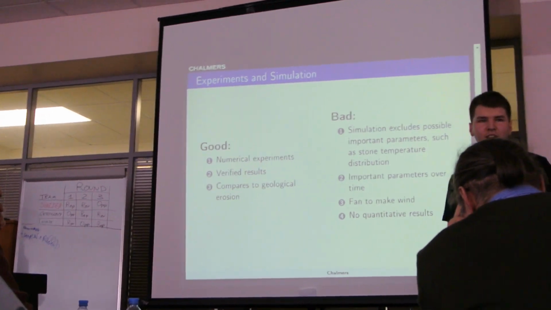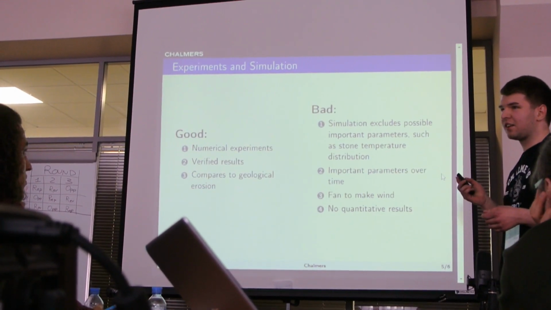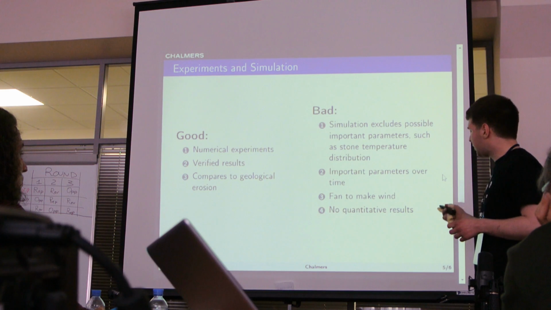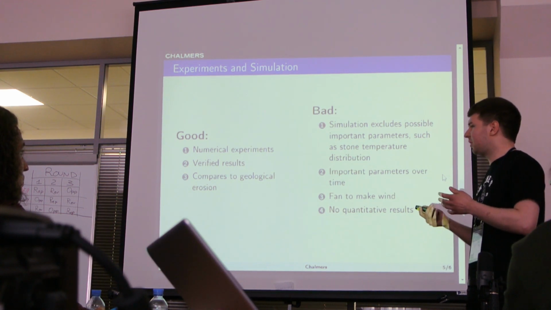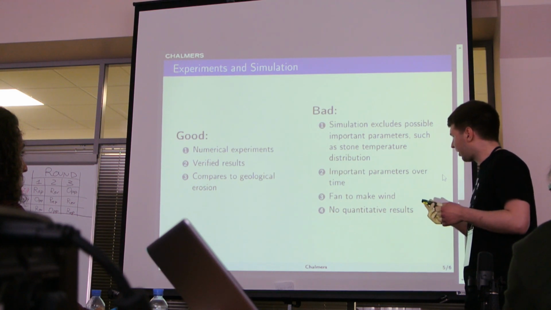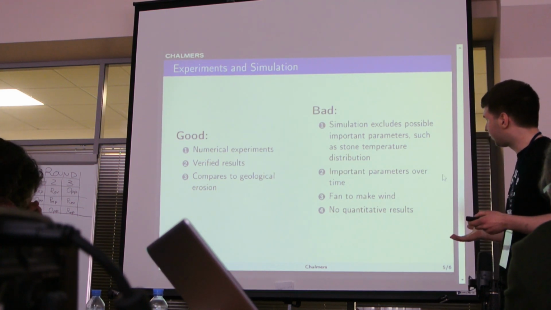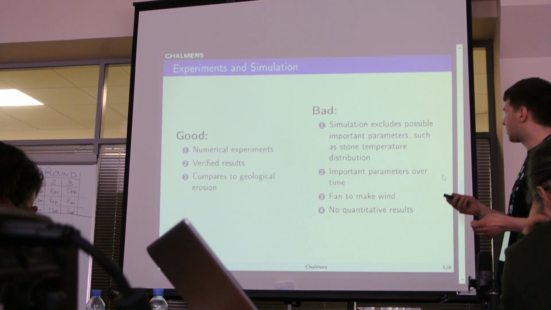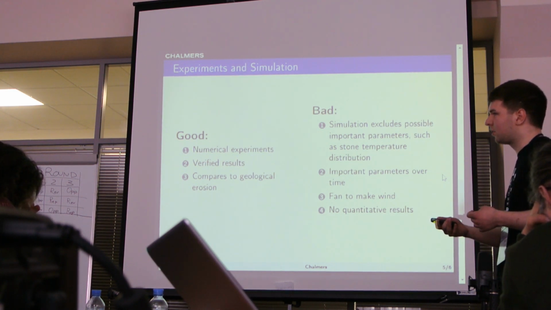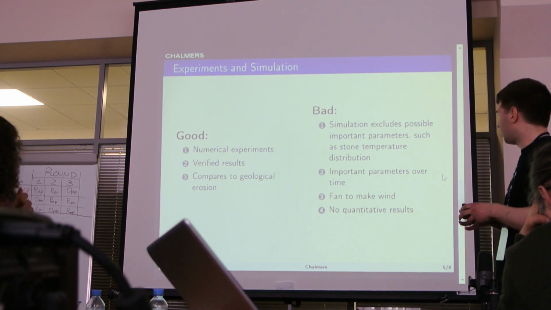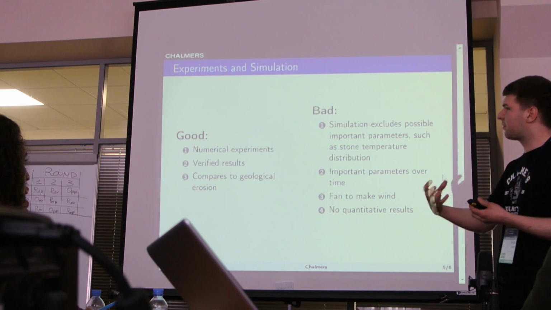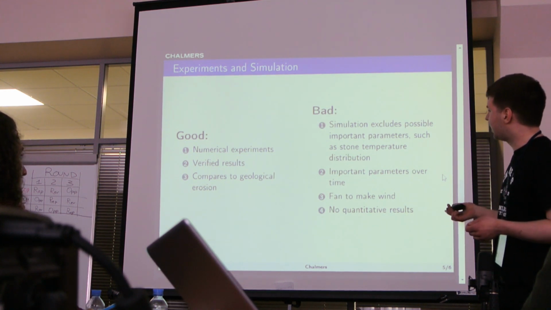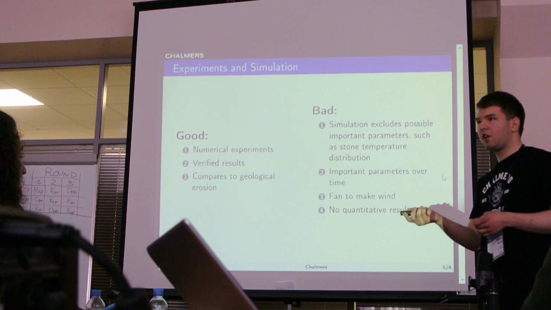They also used a fan to make a wind. Now there's a very important distinction between a fan and a storm. First off, a fan has highly non-laminar flow and is very turbulent, and we didn't receive any specifications. However, in a storm we have more laminar flow, and most importantly, the strength. There was no mention whether the strength of the wind had any specific dependence, or if it's equivalent: if a strong fan would have the same effect as a weak fan turned on over a longer time. And again, no quantitative results for the curve were provided,